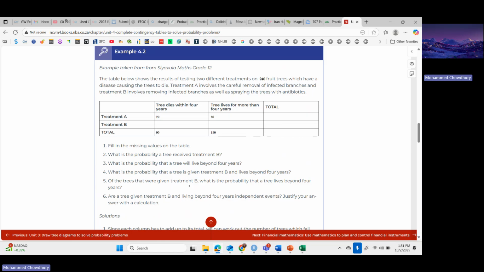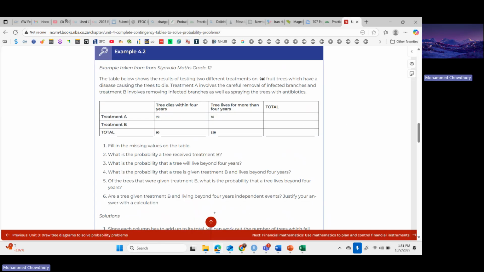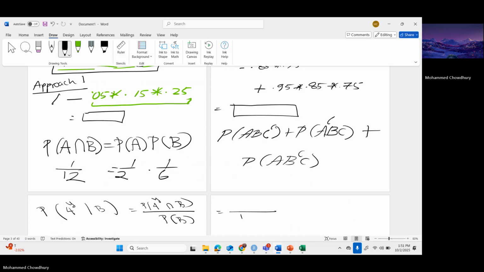Of the trees that are given treatment B, what is the probability that a tree lives beyond 4 years? So live beyond 4 years, and treatment B was given. So you can do the probability of 4 years and B divided by the probability of given treatment B, which could be obtained by B equal to, here is 100 plus 20, 120, divided by 240, and here